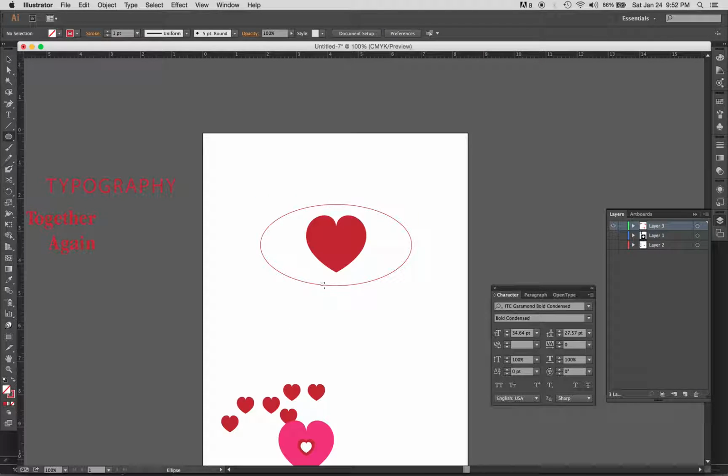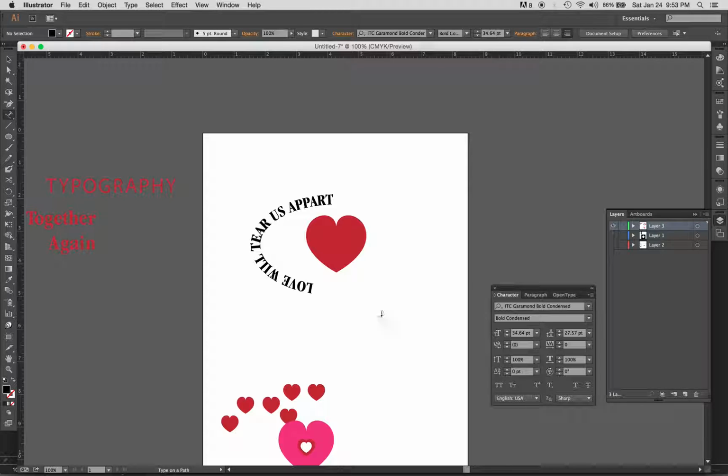So I've made this an ellipse. Now I can draw with my type on a path tool. So I can click this, and as we click next to the path, notice it converted that to a line of type. And what that type is going to do is it's going to scale around that path. So if I wanted to type in "love will tear us apart," you'll notice here when I select the type